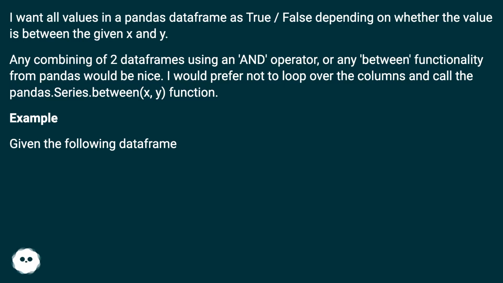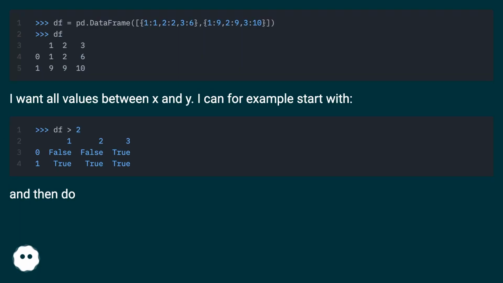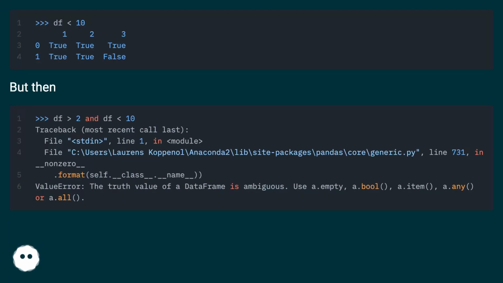Example. Given the following data frame, I want all values between x and y. I can, for example, start with this and then do this. But then